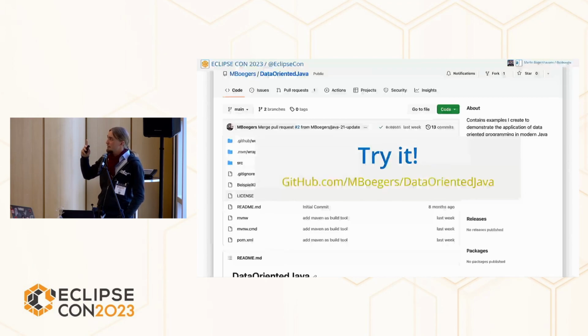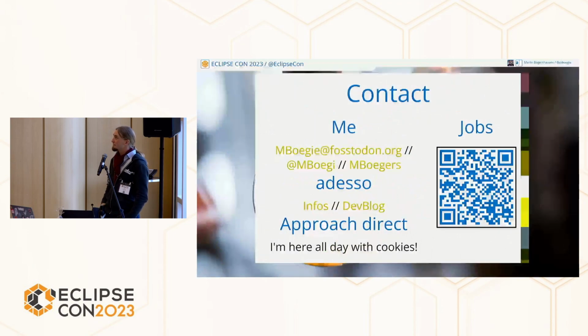And from this point, I think you can try to start with it, try to tinker with it, and get started with data-oriented programming. Maybe it's just the point that you say, no, that's not for me. I'm totally fine with that. But I think you have to have heard about it. At this point, I'm done, and I'm here all day.